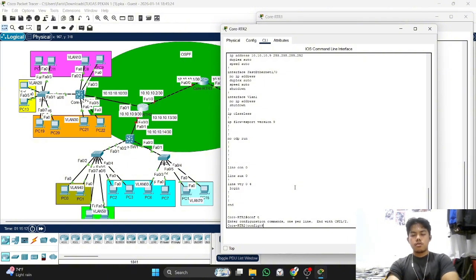I configured the other interface. So at this point, you must focus.